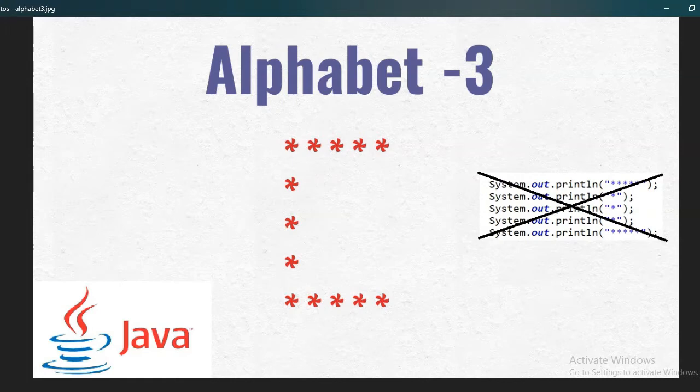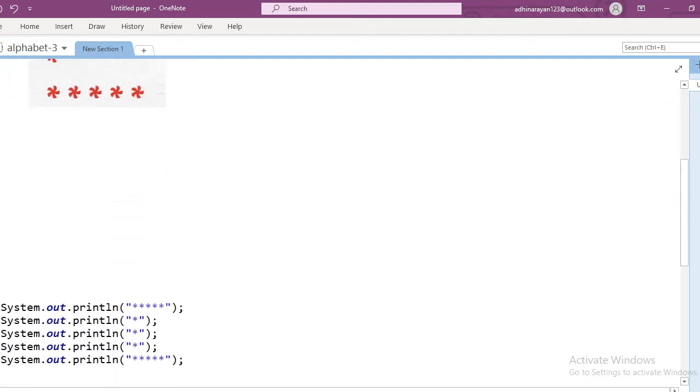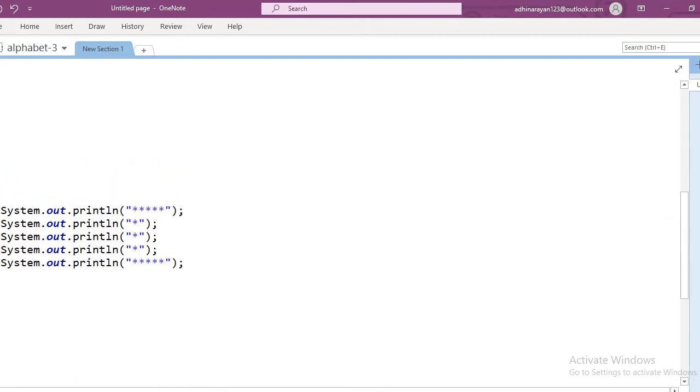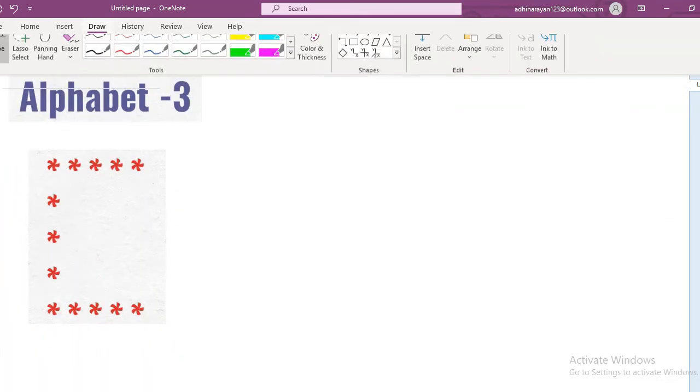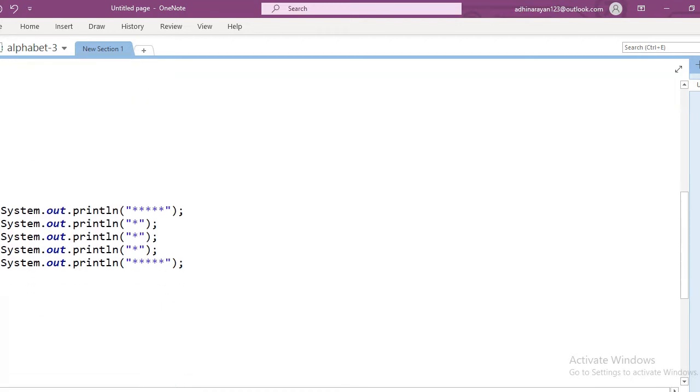Okay, before we print this pattern, let us understand how to print this pattern logically. I will tell one thing. Normally, if you want to print this pattern, everyone writes it like this, right? This is the wrong way to write pattern programs.